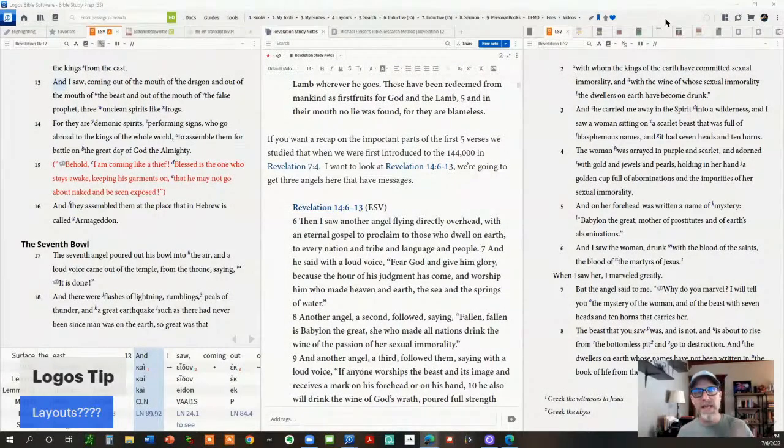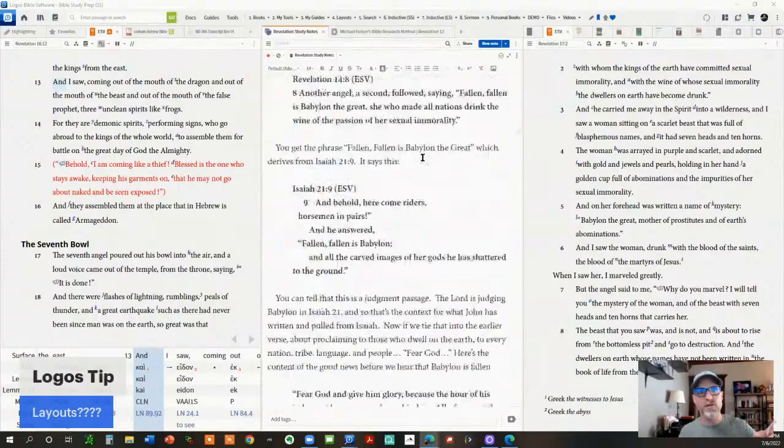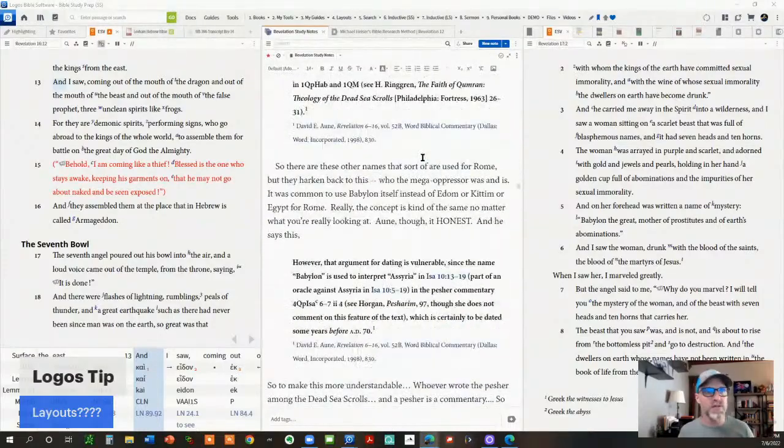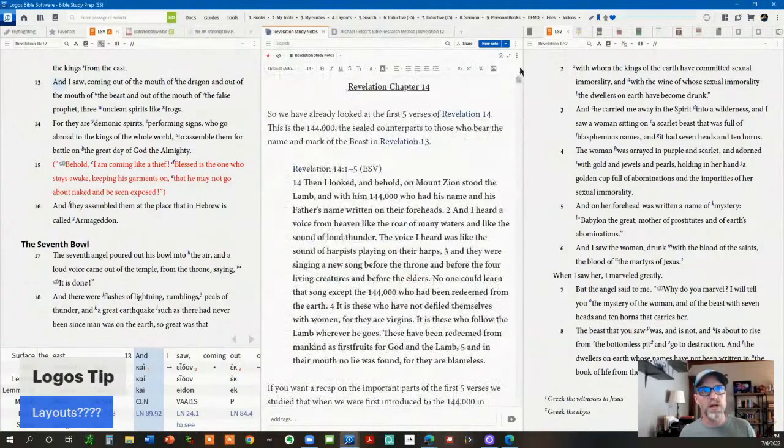Okay. Now, the only caveat to this is it does not leave off with your notes. So if you are typing somewhere in your notes section, and you update it, it is not going to open it here. It's going to open it, unfortunately, all the way at the top. Send Logos a feedback and tell them to change that. At any rate, here's how you're going to find this quick tip, and then we'll finish with this